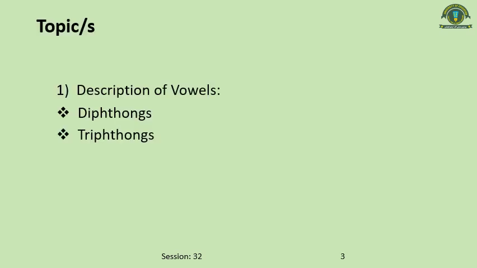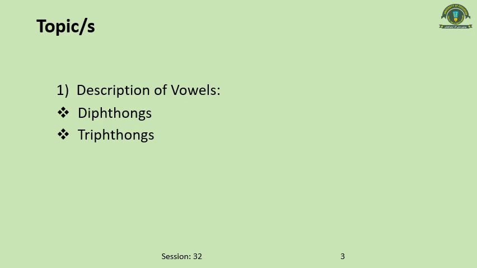Well, today's topic is in fact description of vowels. But it's not only description of vowels. That means that we shall be talking about the monophthongs. We have done what are monophthongs. We tried to understand what are monophthongs and what is the description of each and every pure vowel. We tried to understand how many total pure vowels the monophthongs are, and we know that there are 12. And at the same time, we tried to subcategorize the monophthongs. Of course, we talked about the short vowel sounds and long vowel sounds.